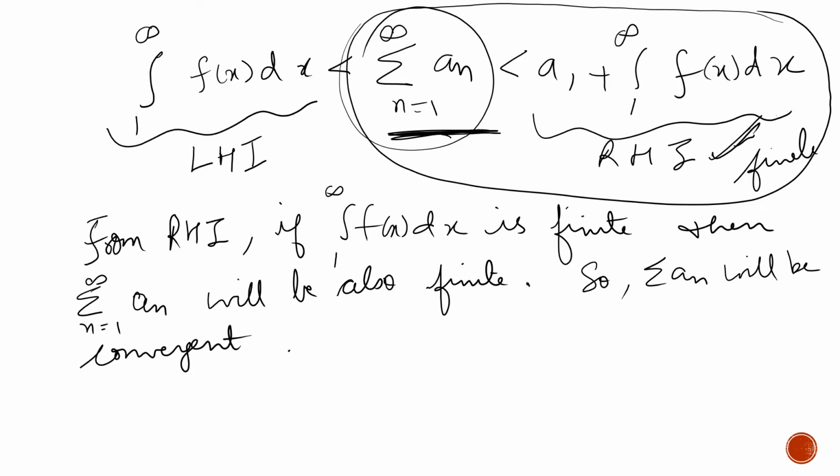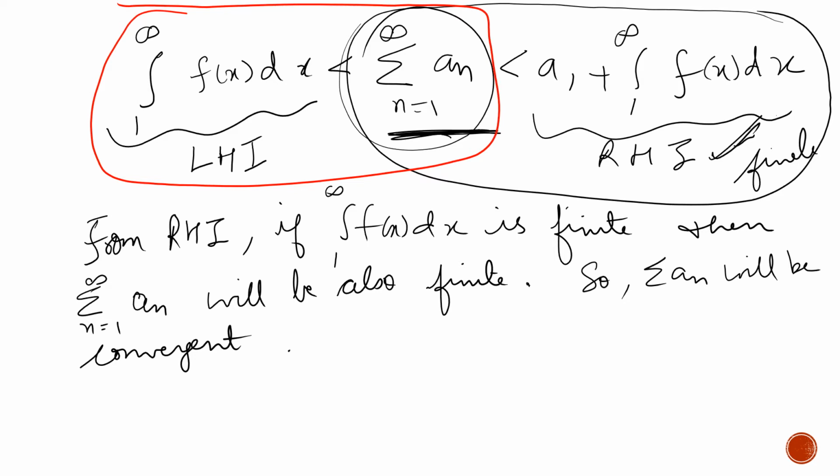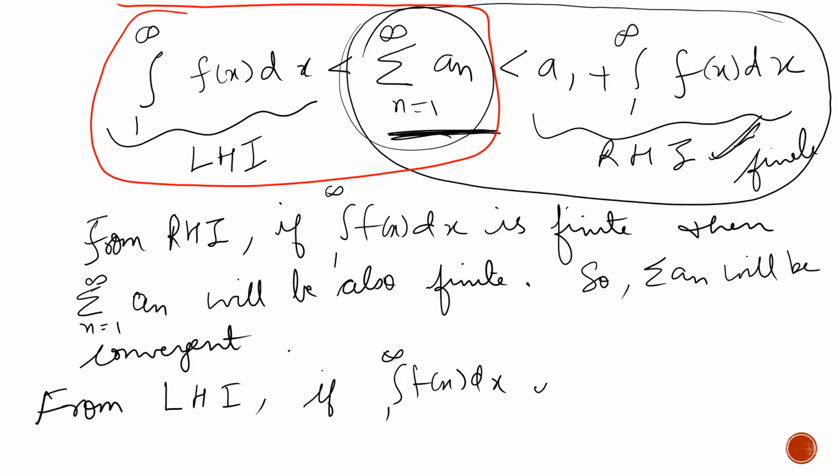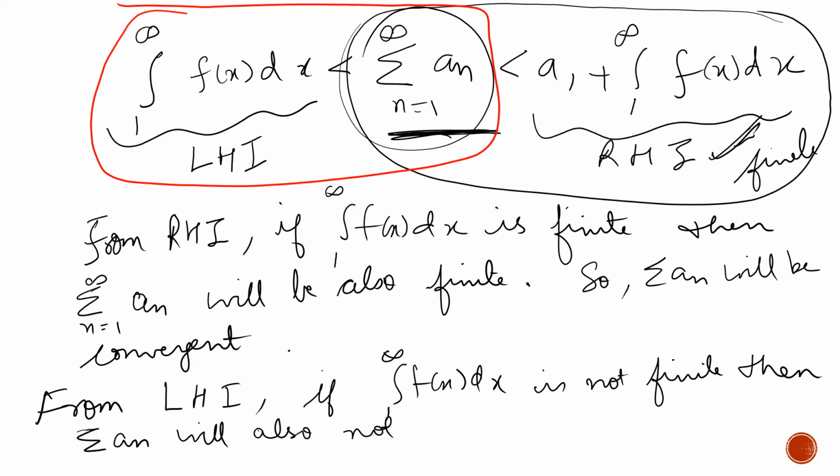Now again from the left hand identity, you consider this one. Now if you consider this and see that from the left hand identity, if the integral of f(x) dx is not finite, then the summation of a_n will also not be finite,